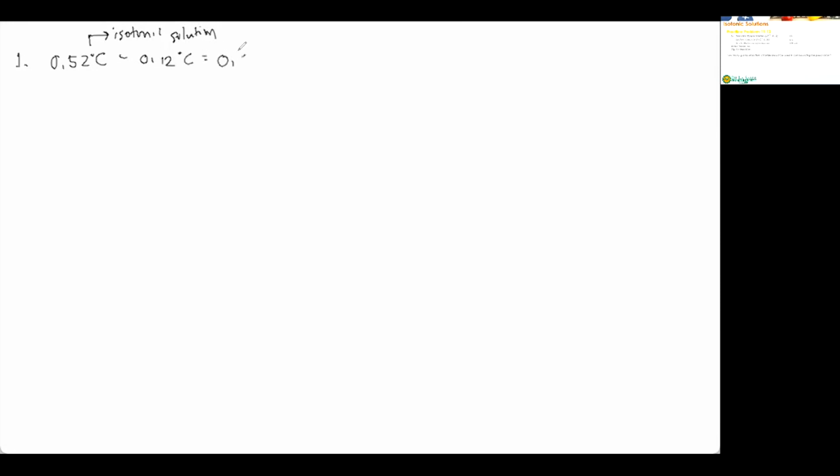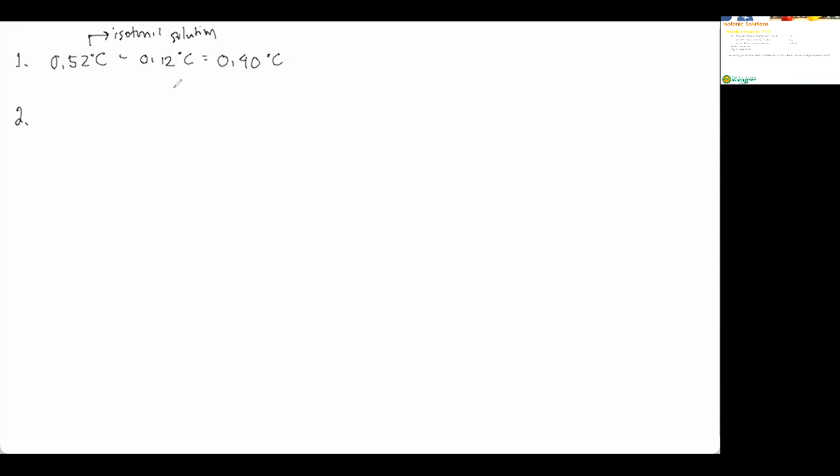So this is equal to 0.40 degrees Celsius. This is the remaining freezing point depression that needs to be provided by the amount of sodium chloride that you will add in the solution. The next step that we will use is that